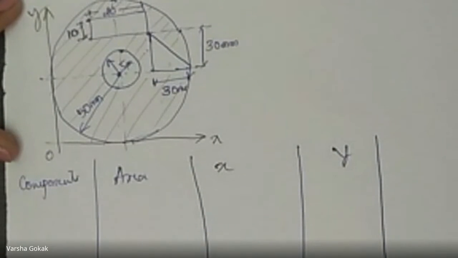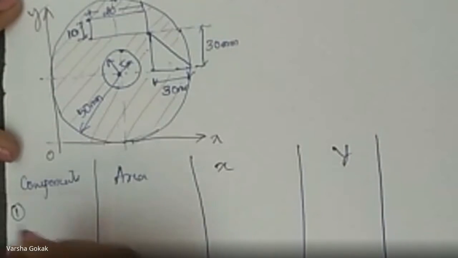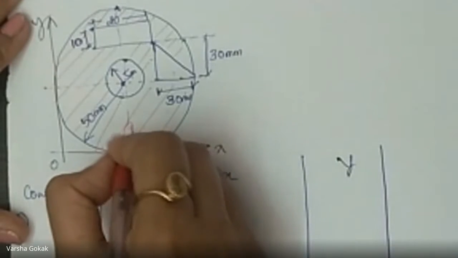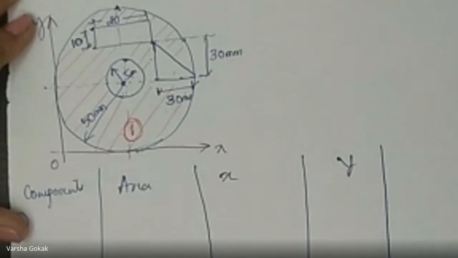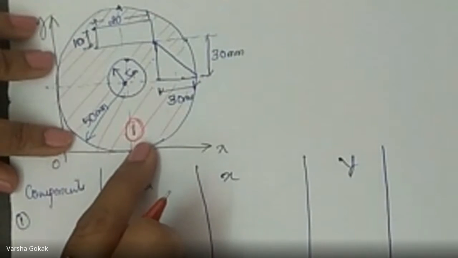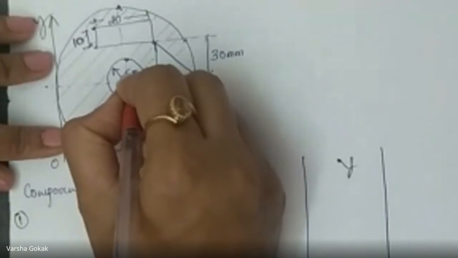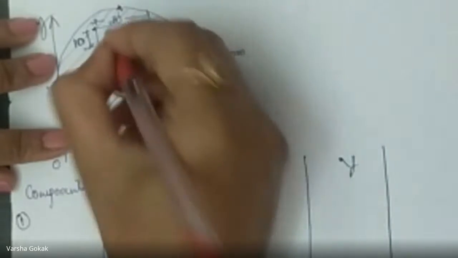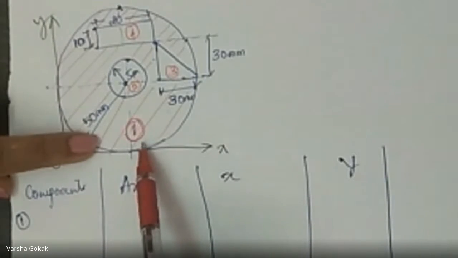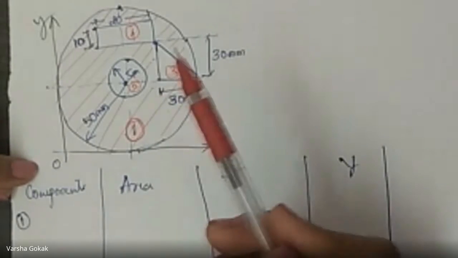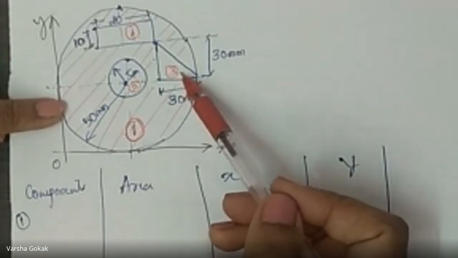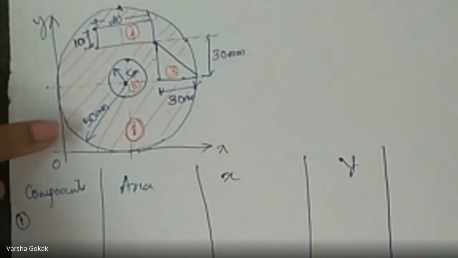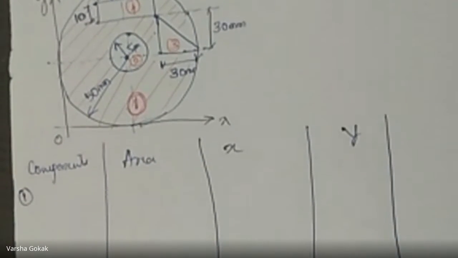Correct? So starting with first component, which shall we take first? We will name them. So first is a bigger circle because that is the main one. It will have sub deductions. So first one is a bigger circle. Second one I'll take a smaller circle. Third one is a triangle and fourth one is a rectangle. So first circle we will write as it is. After that we'll write deductions: triangle, small circle and a rectangle. In deductions, area goes with negative. Correct? So let us start.